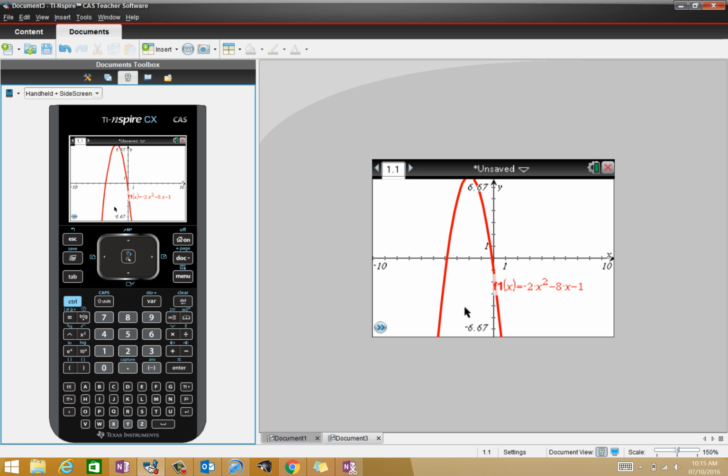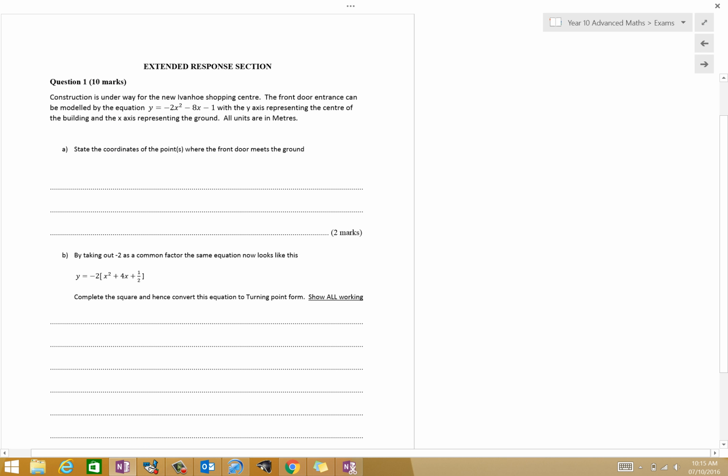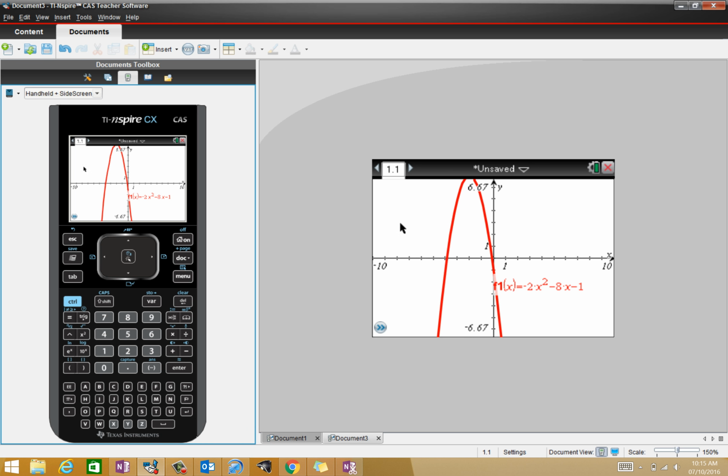As you can see, this is like an archway of a door. The important thing is that you need to understand that the x-axis is the ground. State the coordinates where the front door meets the ground. So, in other words, we want to find